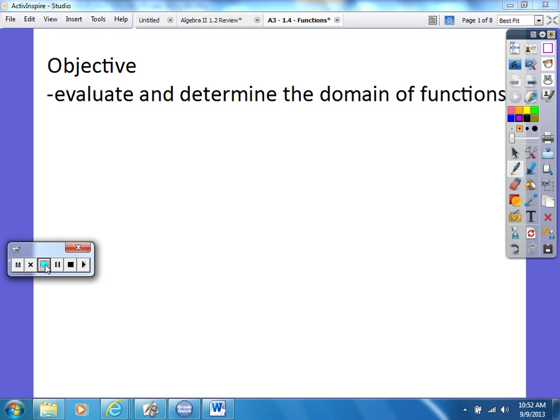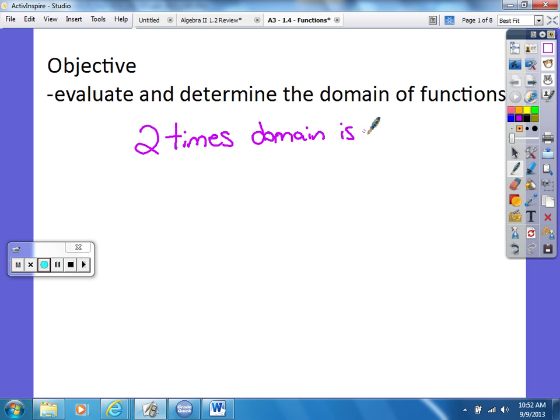Well, one key thing before we actually look at our slides: when is the domain ever restricted? There are 2 times the domain is restricted, meaning that it can't happen. The first one,